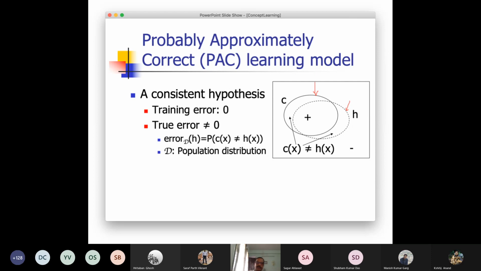That is the measure: the probability that the output of the hypothesis is not the true output. So the catch is that as you go on observing training examples more and more, you are basically